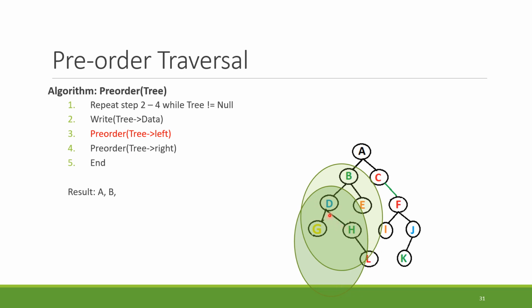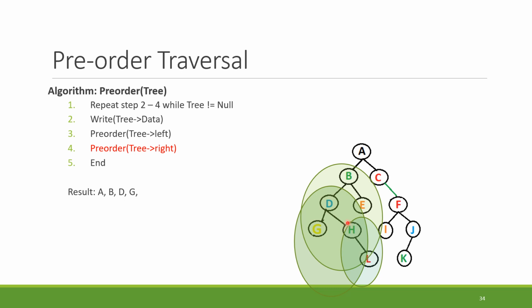In this left subtree, the root node is D. Now you will go for the left subtree. In this, the root node is G. Now there are no further left subtrees. Root node is already traversed, left node is already traversed. So go to the right subtree. Right subtree is